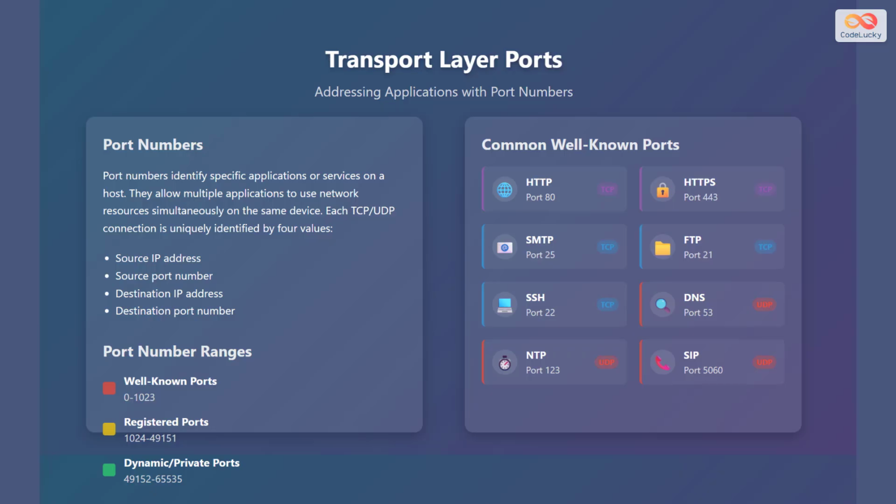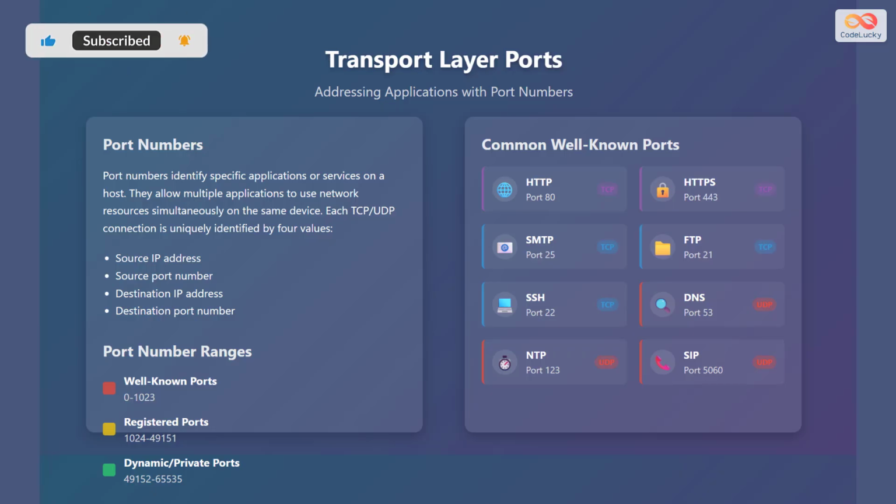Transport layer ports are used for addressing applications with port numbers. Port numbers identify specific applications or services on a host. They allow multiple applications to use network resources simultaneously on the same device. Each Transmission Control Protocol or User Datagram Protocol connection is uniquely identified by 4 values. These are the source Internet Protocol address, the source port number, the destination Internet Protocol address, and the destination port